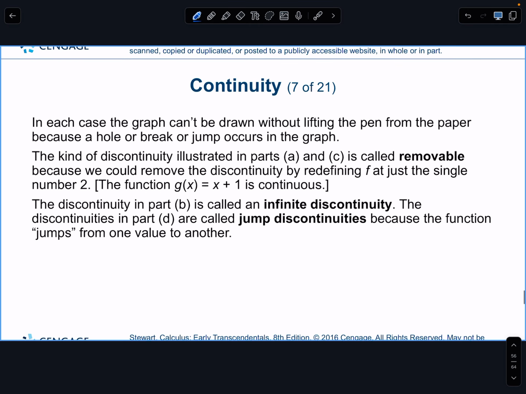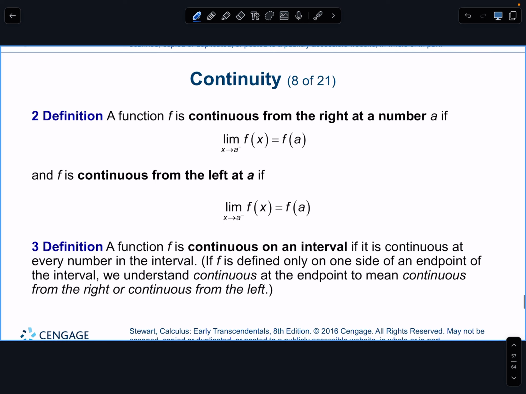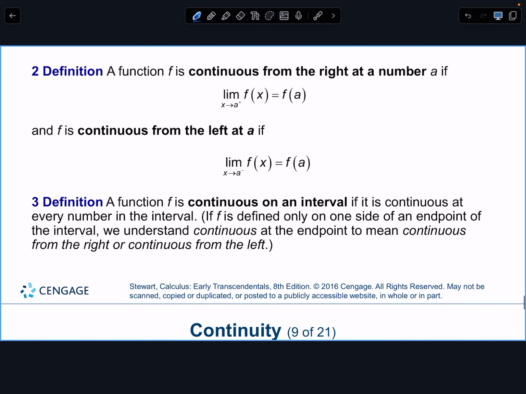And then they're talking about the different types of discontinuity. There are 3 types: removable, infinite, and jump. And then it says it could be continuous from the right as it approaches the number, no breaks, or continuous from the left. So it could be continuous on one side, or it could be continuous on an interval